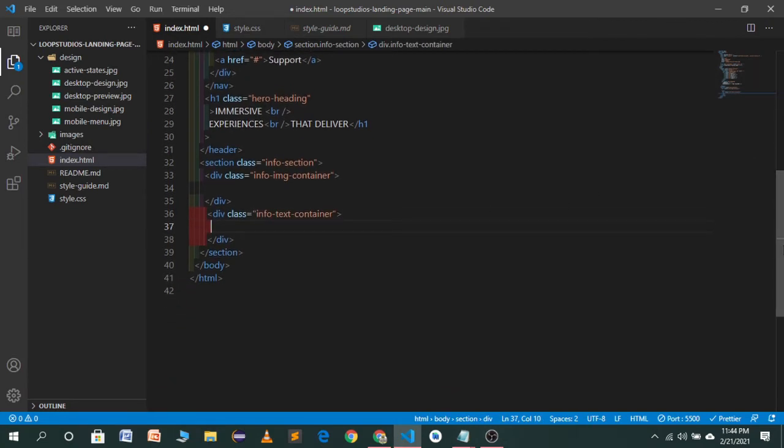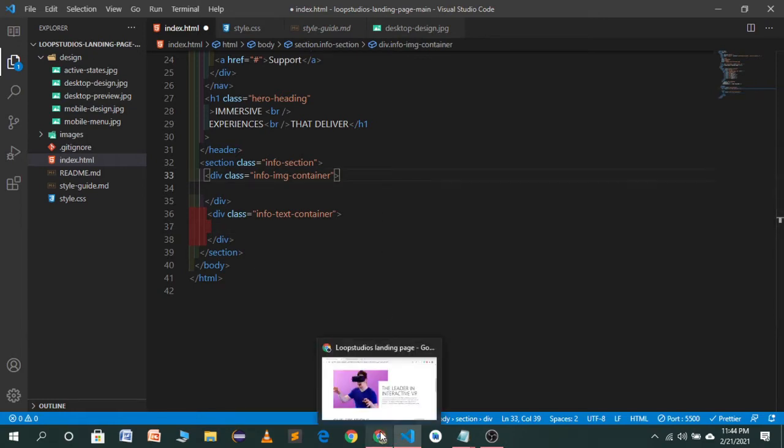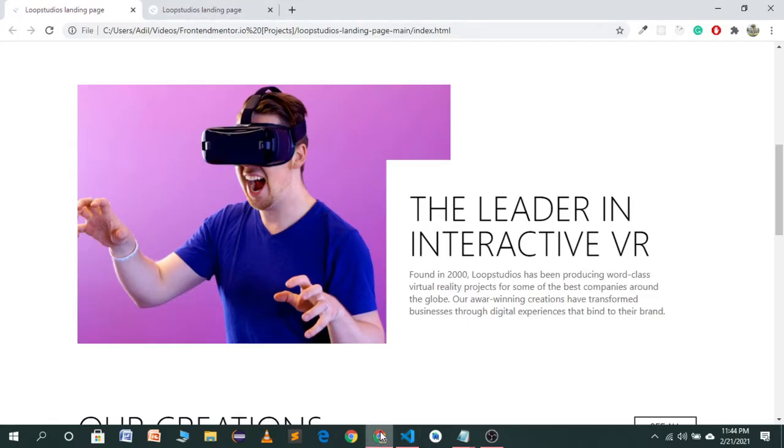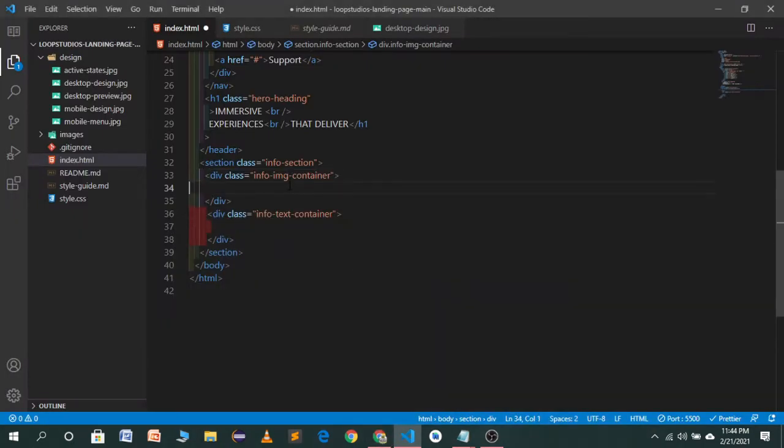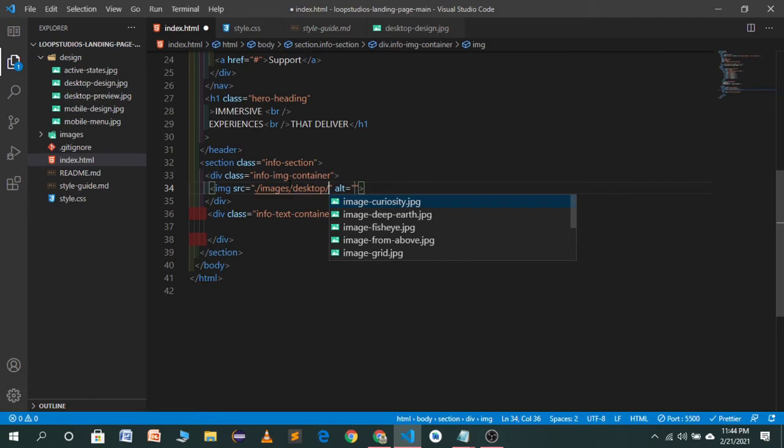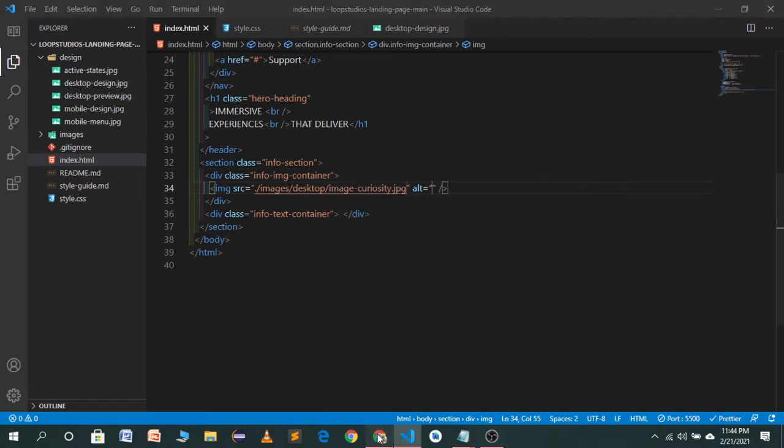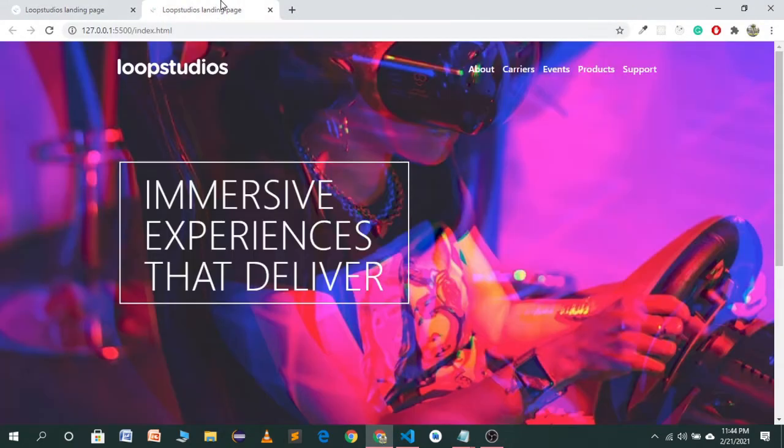So in the info image container we have an image. So the image will be, I think, the leader in interactive VR. Let's import this image from our images folder. I will go to the images folder, and here we have, I will go to the desktop. Let's choose the Curiosity. Let's see if this is the image.